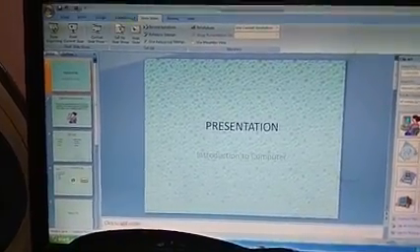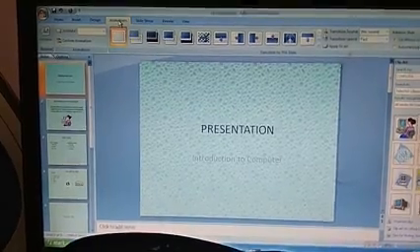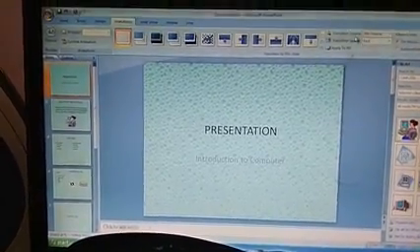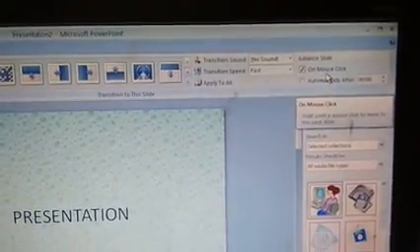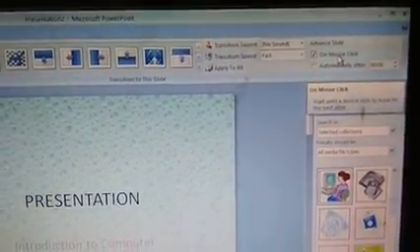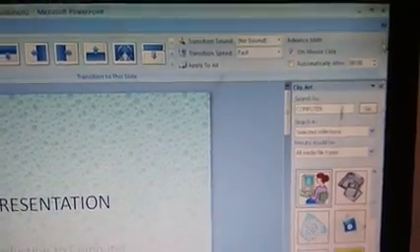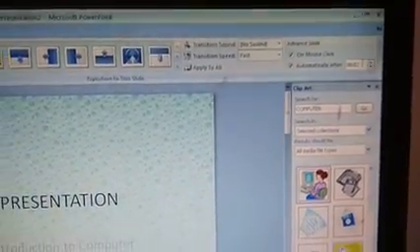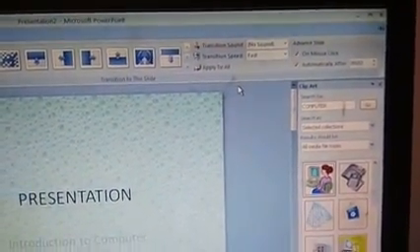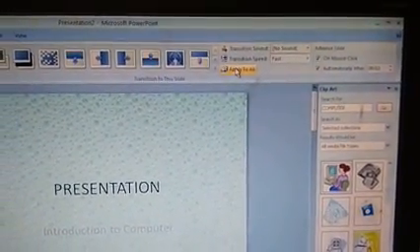If I want my next slide to be displayed automatically after a certain time, I have to go to Animation, clicking over here, and here I am zooming in on the option, on mouse click. This option is already selected, and here I have the option automatically after. I am setting a certain time, say I have made it 0.02 seconds, and I say apply to all.